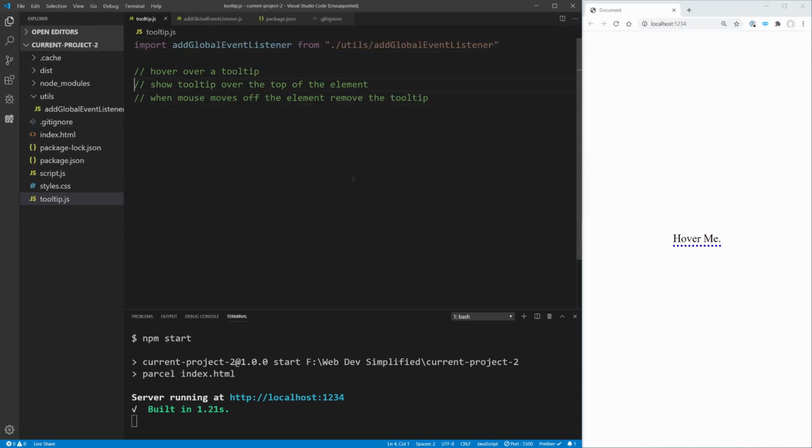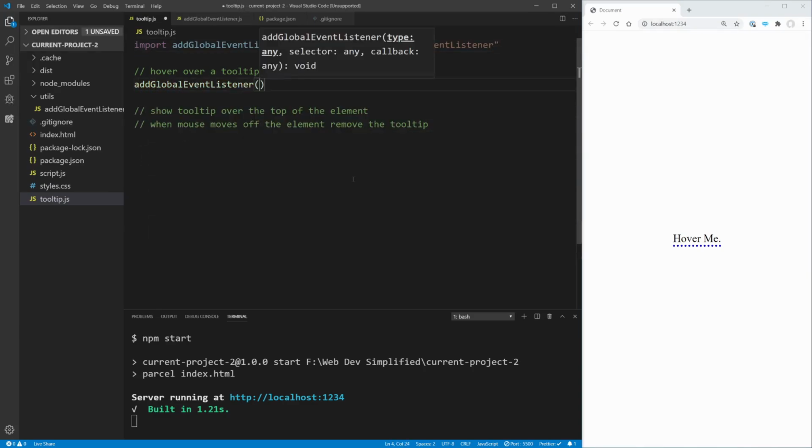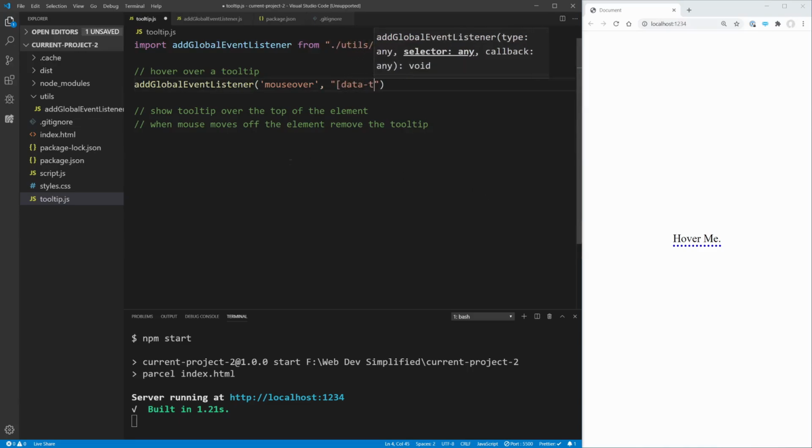And now down here, for our hover over a tooltip, we can just say add global event listener. This is going to be for mouse over. This event essentially fires every time we hover over an element. All we need to do is make sure we select our data tooltip data attribute, because if we go to